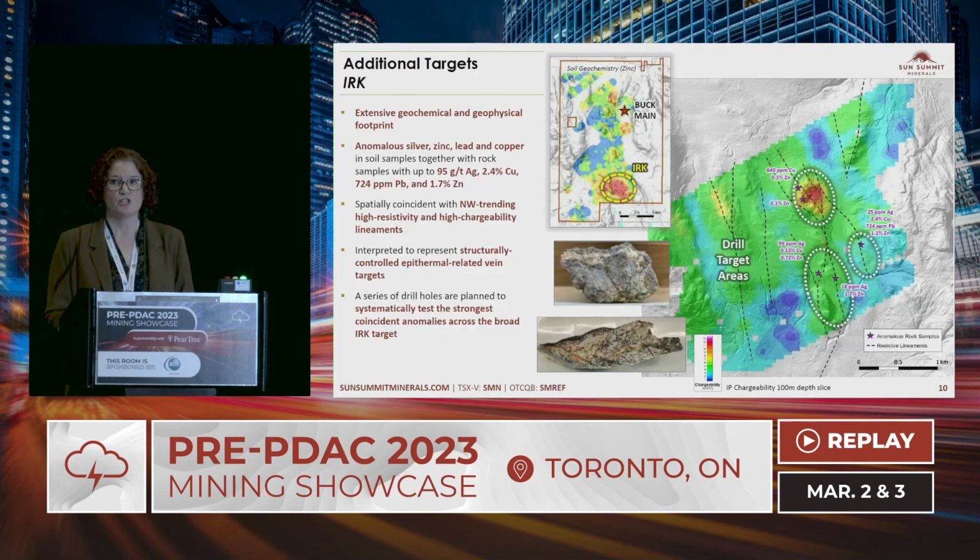So the red is a chargeability high. That denotes the potential for sulfides. In addition, we were able to come up with some structural lineaments, which as well could have some kind of controls on mineralization. So we came up with 3 areas that was based on the geophysics, and then as well